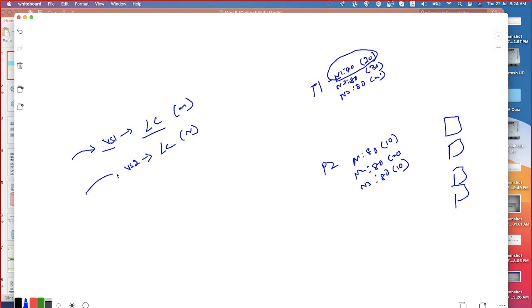Now virtual server 2 is receiving the connection. To which of the servers will it be sent? To which of the members will it be sent? Okay, according to that, member 1 is 20 plus 10, whereas member 2 will be 30 plus 20, and member 3 will be 10 plus 40. So this is going to be 30, this is going to be 50 and this is also going to be 50. Obviously node 1 will be chosen. Am I right? You understand what I'm saying?